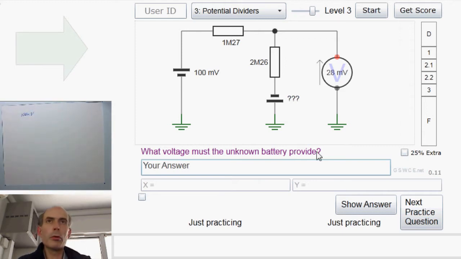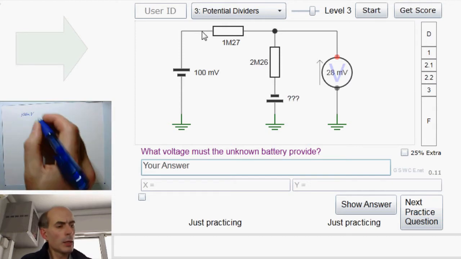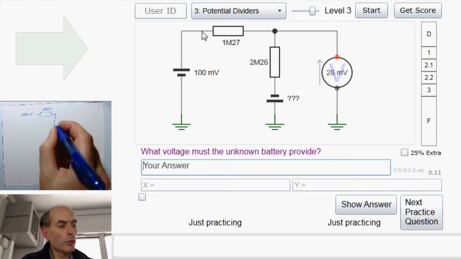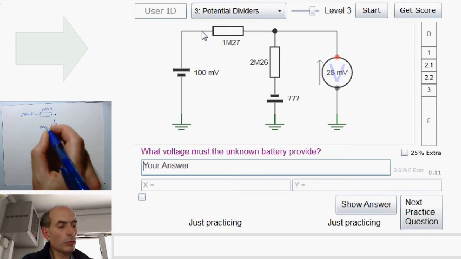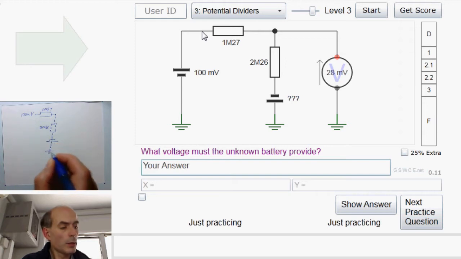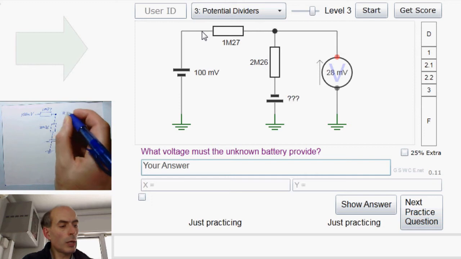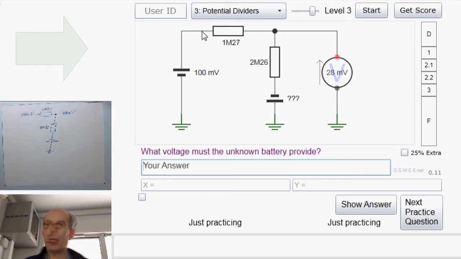voltage at the top of our potential divider here, and then we know the resistor here, 1 meg 27, and the resistance here, 2 meg 26, and we don't know the unknown voltage there. But we do know that the voltage at this point here is 28 millivolts. Okay, so